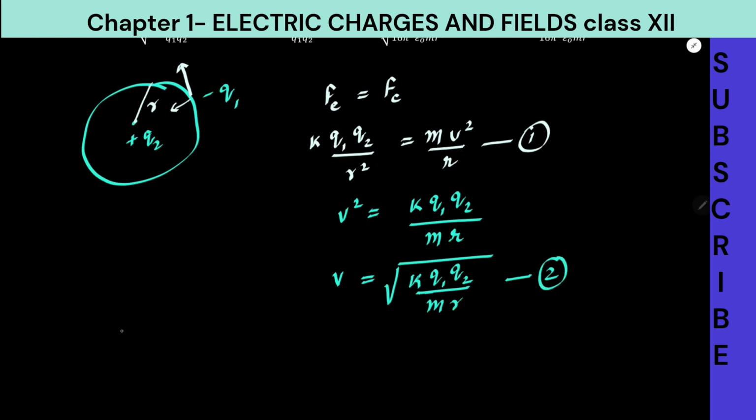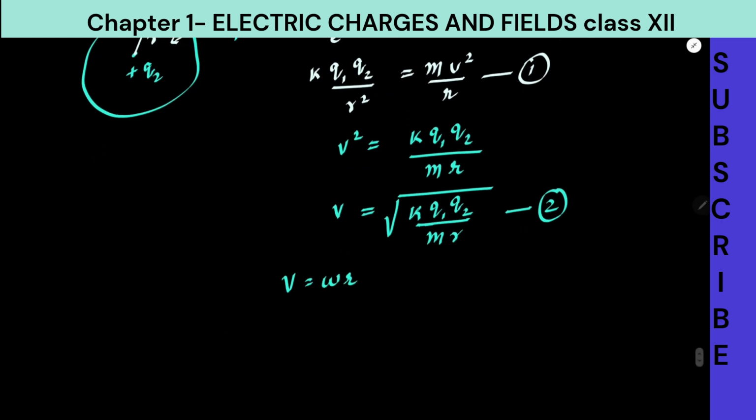Now from 11th standard, we know that v is equal to omega r. Very important equation. Sir, what is this? This is the relation between linear velocity and angular velocity, and omega is 2 pi by t, if you remember from 11th standard. So cross multiplying, time period will be 2 pi r upon v, correct? But we have to substitute v from equation 2, because we have to find it in terms of that. So here this is equation 3, from 2 and 3,